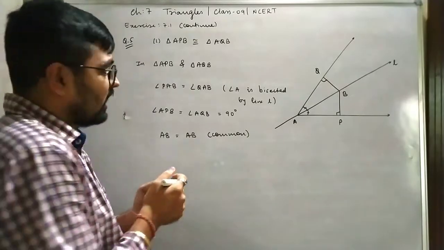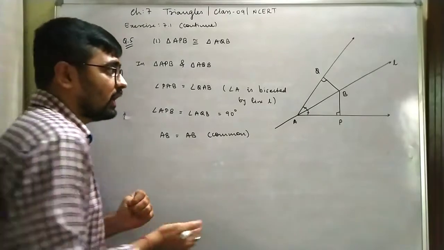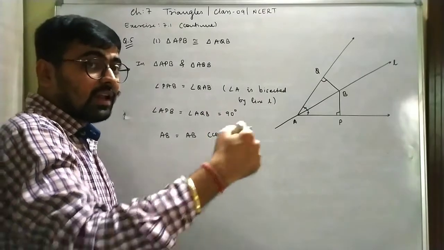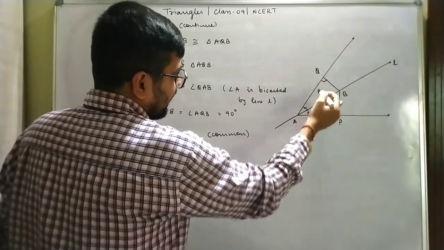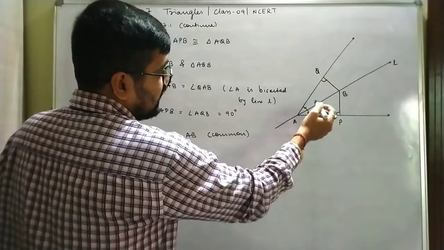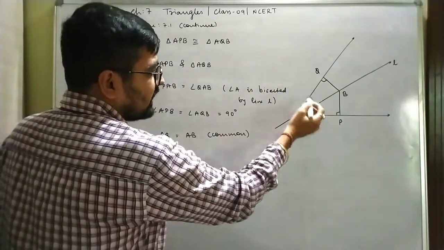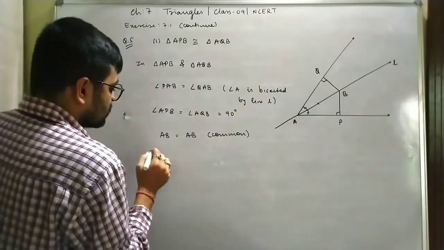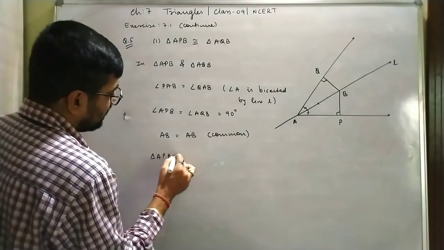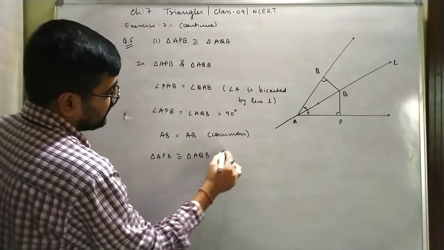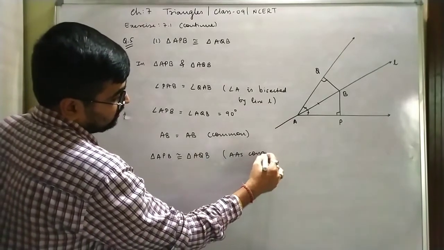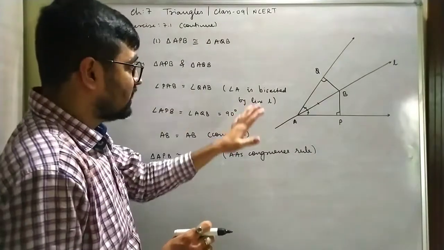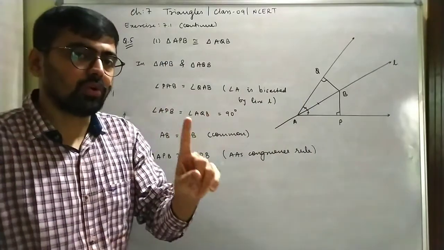So by which criteria can we say these are congruent triangles? Generally, if we have two angles, then we'll always go for angle side angle or angle angle side. Here, if you observe, this is an angle, this one is an angle, and this is the side. And if you observe very clearly, this side is not included, that means ASA is not going to be the congruence criteria here. So which is going to be our congruence criteria? Angle angle side, correct, by the AAS congruence rule. With the help of this only we are saying that these are congruent triangles, correct.